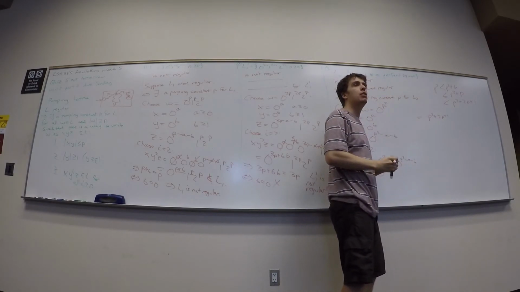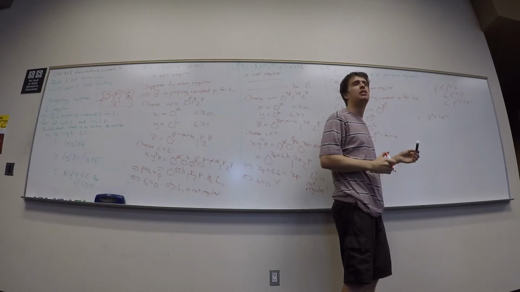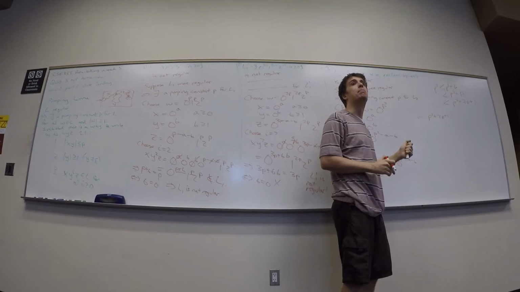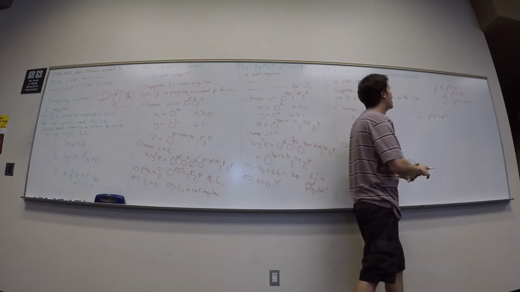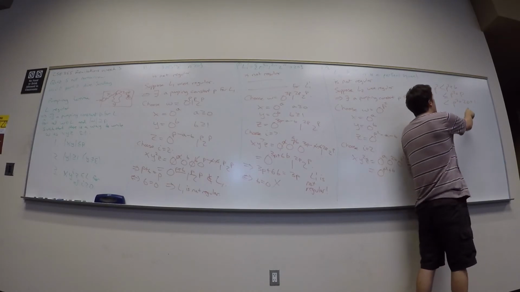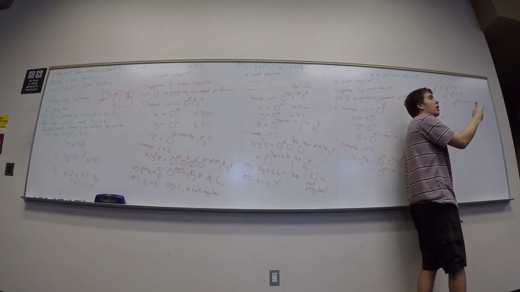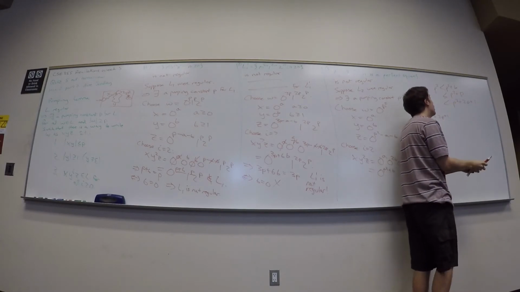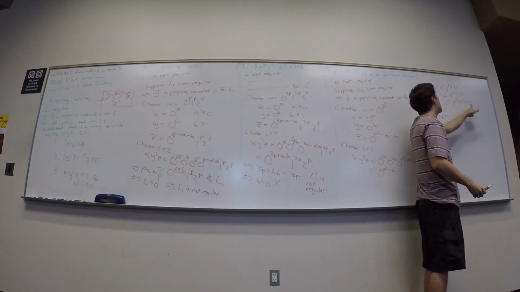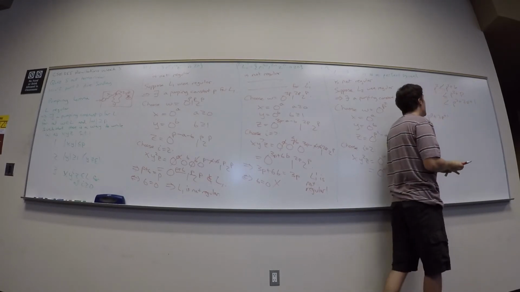Is it a strict, or do I have to put an equals on there? It's a strict inequality, and why is that? It's the plus 1 at the end. Definitely, if p were not 0, then the 2p is going to win, right? Because it's going to add something more. But if it were 0, then this is 0, and then this is 1. So it's a strict inequality.